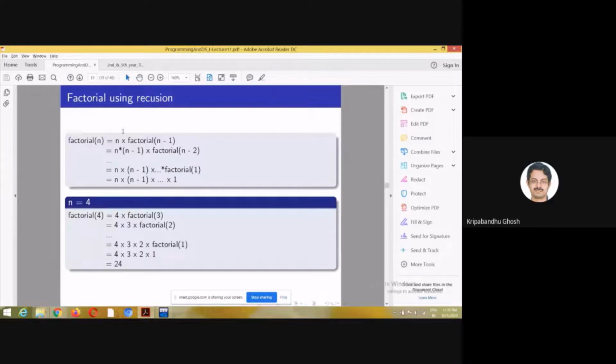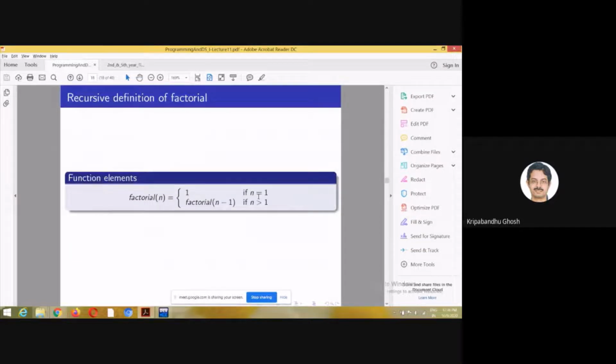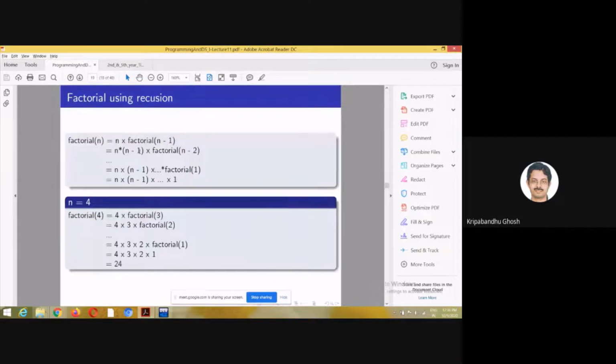So how long will it go on? Until we reach the base condition. That is, for n equal to 1, the value of factorial is 1, right? So we keep breaking the problem or reducing the problem until we reach factorial 1.